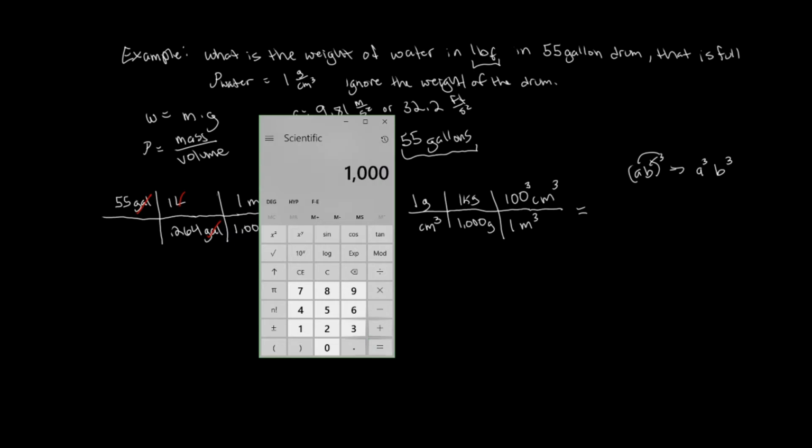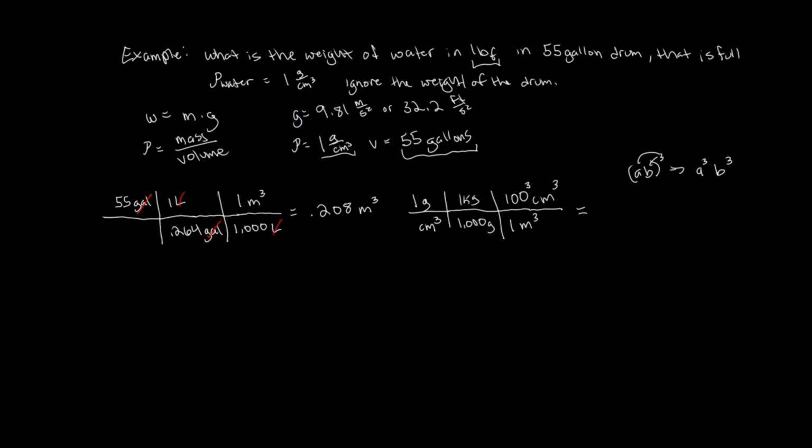1,000. And our units cancel. Here we cancel grams, leaving ourselves with kilograms. Here we cancel cubic centimeters, leaving ourselves with meters cubed. And we come out to 1,000 kilograms per